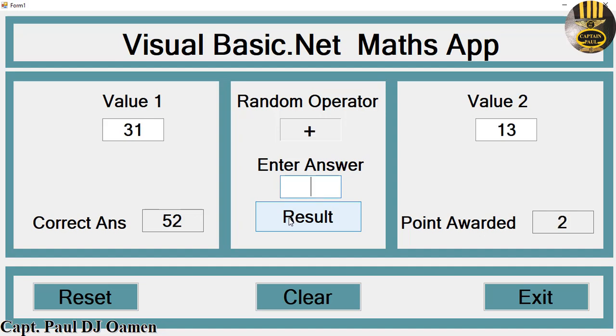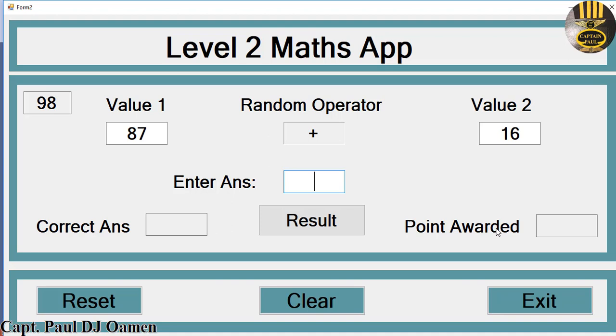87 minus 7, what is the answer? 31 plus 13, what is the answer? And we enter the right answer. If we accumulate 3 points, we should be able to go to the next level. Click on the result and check. 87 plus 16, now what is the answer? We're back